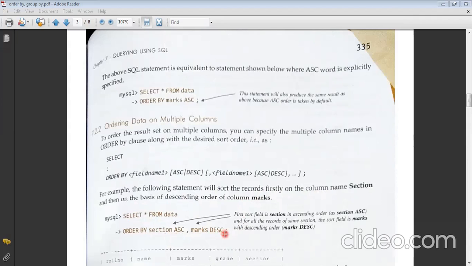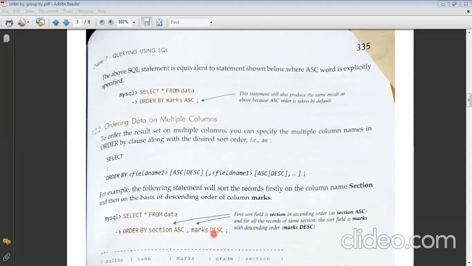And if you remember, I told you when we were discussing marks, that when we order by marks in ascending or descending order, the entire row changes. If 32 is the marks for Rahil, then the entire row will be changed along with it. All data of that particular marks will change. So in that case, if you have to arrange section as well as marks, don't you think it would be very complex in the table? How are they going to deal with it? Because they have to keep the same data.